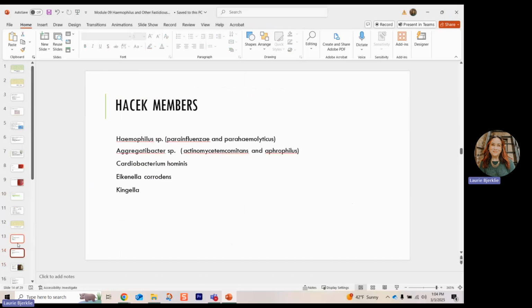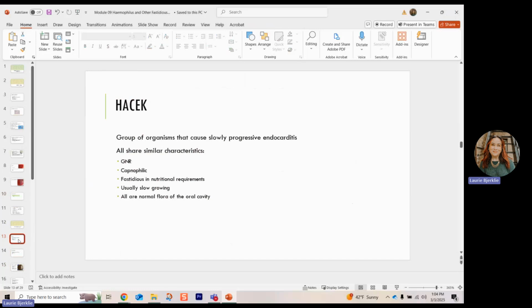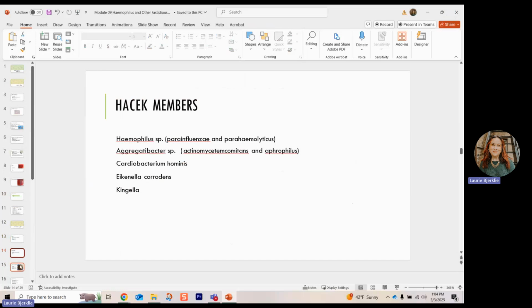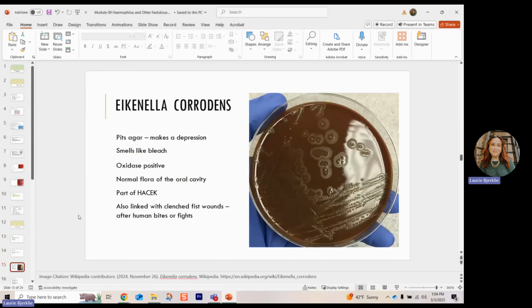So that is all you need to remember, the members of HACEK, and what they all cause, that slowly progressive endocarditis, and why they were grouped together. Now, of course, some of these can also cause other things, like Eikenella corrodens can cause other things besides just endocarditis. Same with Haemophilus species, which we've already learned causes lots of respiratory stuff. So it's not just endocarditis. This is just why they've been grouped together for that part. So speaking of